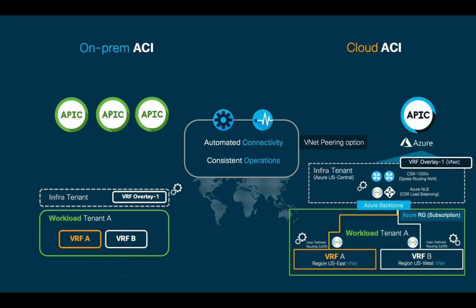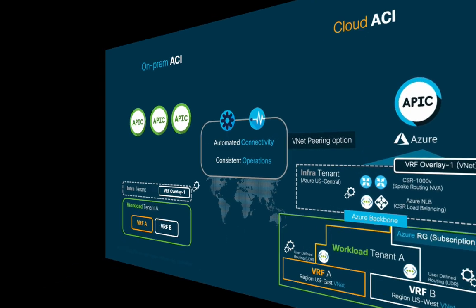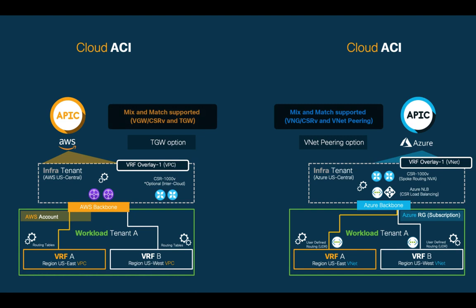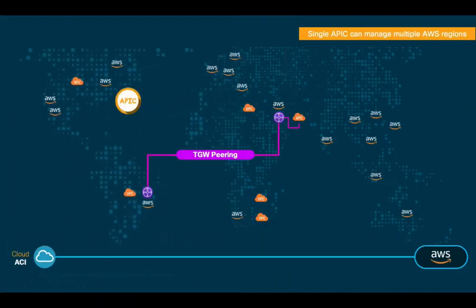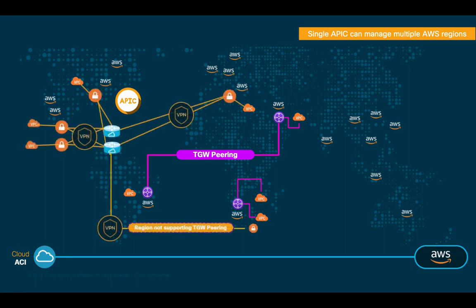The workload VNets, or VRFs, will also be automatically adjusted by creating user-defined routing, or UDR, with the corresponding routing entries. In any case, Cloud ACI allows us to mix and match based on the needs and feature availability of the different cloud regions. For example, if running on AWS, if Transit Gateway peering is not available in a specific region, and you still need to provide global connectivity there, you could connect that specific region through BGWs and CSRs